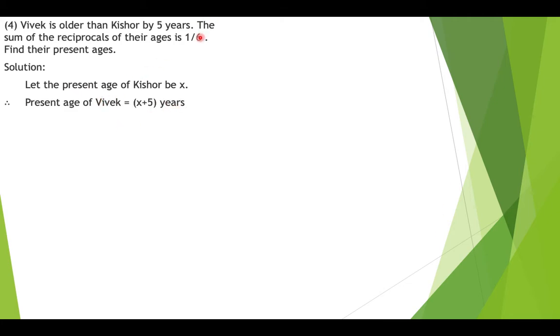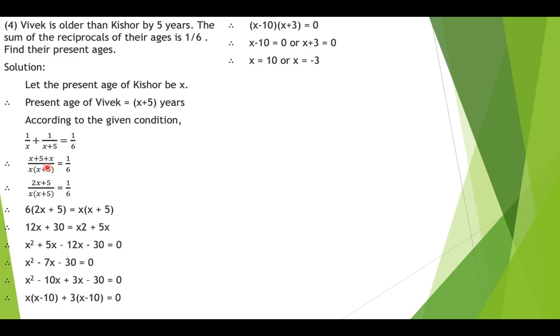And the second condition is over here, the sum of the reciprocals. Reciprocals are 1 by x and 1 by x plus 5, so the sum 1 by x plus 1 by x plus 5 is equal to 1 by 6. Find their present ages. Again we just have to solve this. Taking a common denominator and solving this, we'll get x is equal to 10 or x is equal to